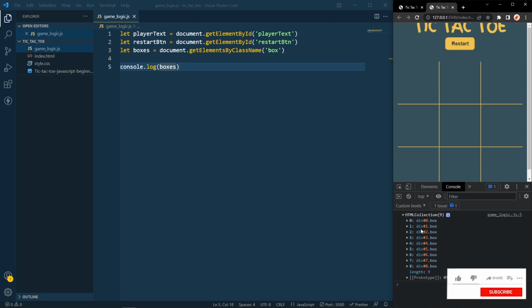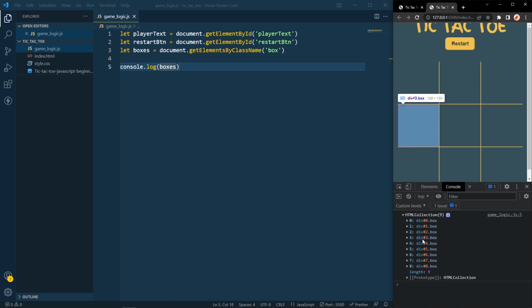Now I don't want an HTML collection because, yes, I can go ahead and hook up some event listeners and functionality to them, but I'm going to have to do it all one by one, which can have this file looking like a Facebook application file, which is not what we want. We want to keep it short, we want to keep it simple. And how we're going to do that is by converting this HTML collection into an array and saving that into